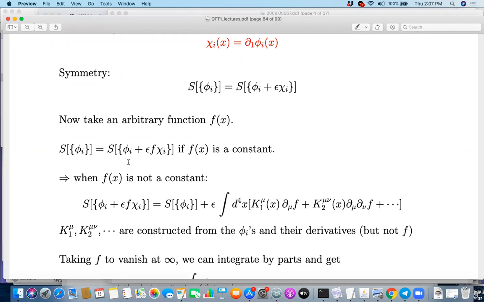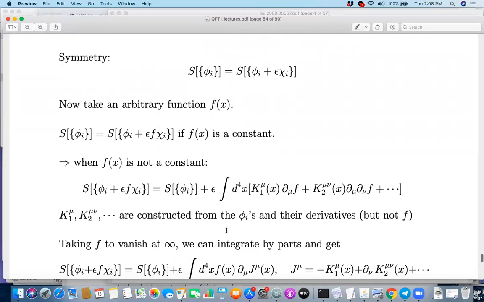Because we already know that for f equal to constant, these two sides are equal. Right? That's what we are using here. Is that clear? Okay. Now, at this stage, let me also point out that had this been a local symmetry, so